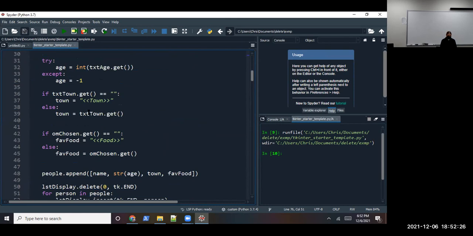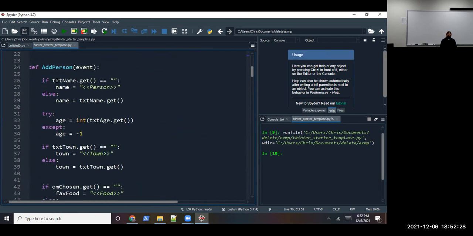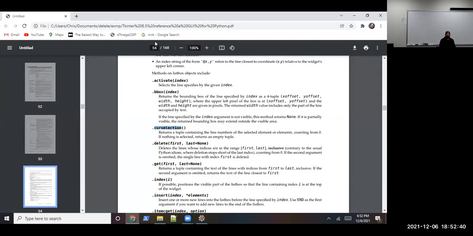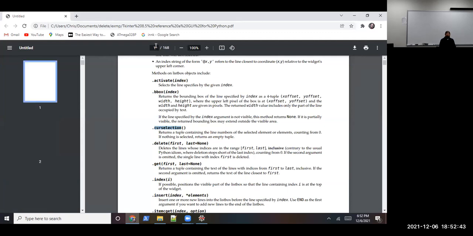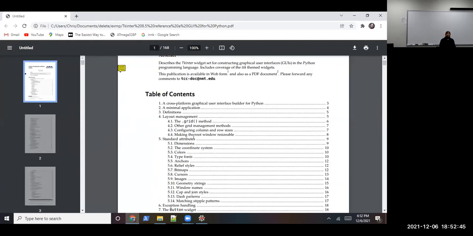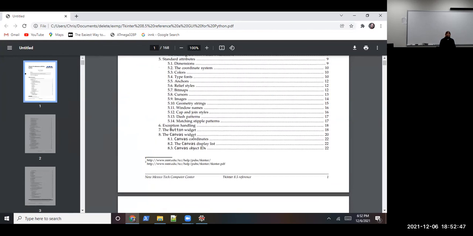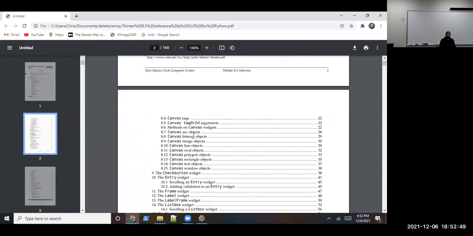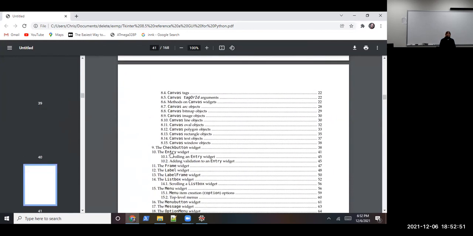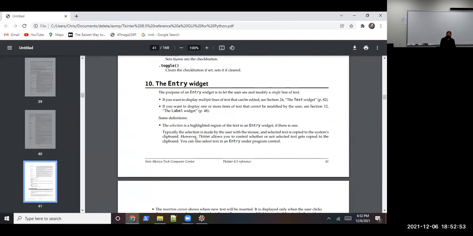It's related to this. Remember when we initially added it and we wanted to bring that into our list, we had to use that .get method, and that grabbed all our text from there. So there should be something like that that we can use in order to put stuff into the entry box the same way. Come back over here, find entry here,